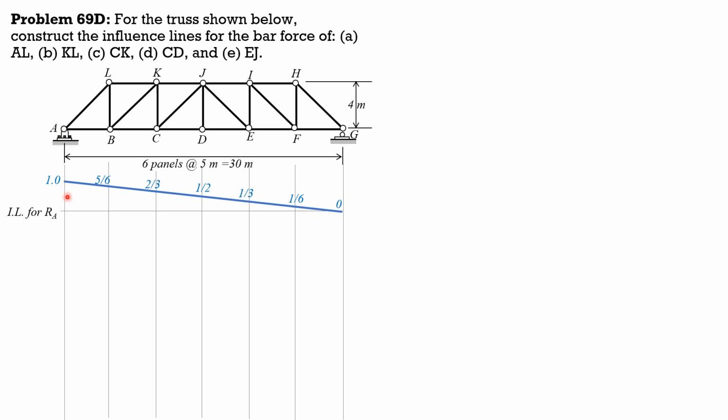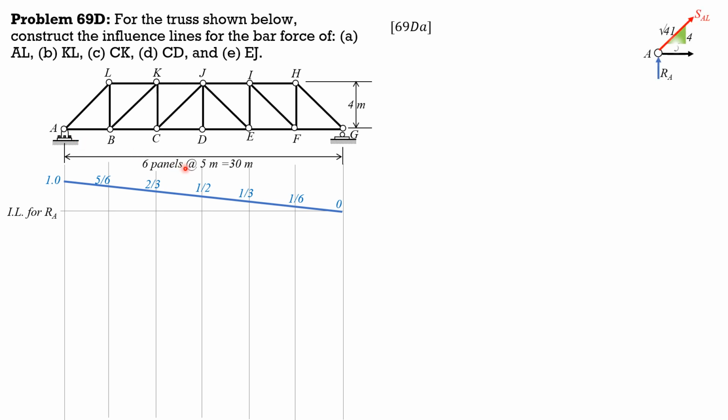Let's have the shortcut 1. There are 6 panels, so 1 divided by 6 is 1/6. So the reaction increases at A by 1/6 from 0 to 1, or from 1 to 0 at A. Then for AL,